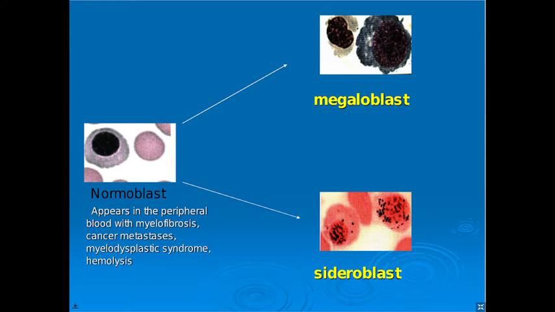So, the normoblast can be characterized by two types, megaloblast and sideroblast. They usually appear in the peripheral blood with myelofibrosis, complications of cancer, so in the case of malignancy complicated by metastasis, myelodysplastic syndrome, hemolysis. Of course, the appearance of normoblasts in the peripheral blood is absolutely abnormal, and it can be associated with many pathological conditions. When we speak, for example, about acute or chronic leukemia,